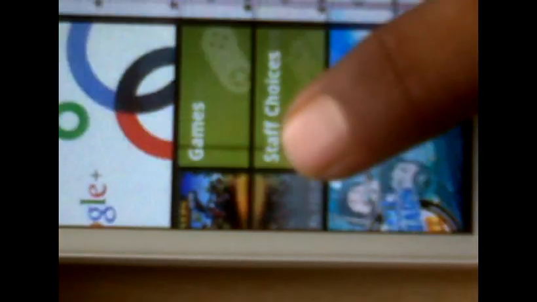Then we have featured applications, then top paid applications, top free applications, top grossing, top new paid, top new free. They have so many different partitions in the new market for easy search. It's better than the old market, right?